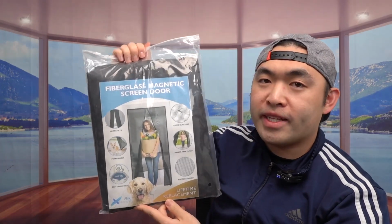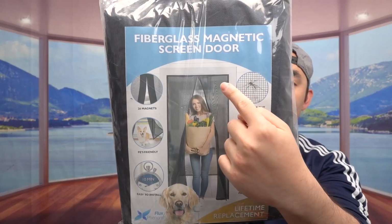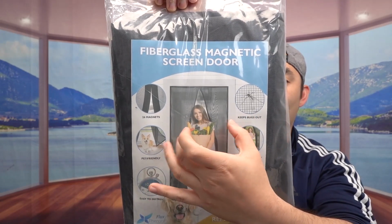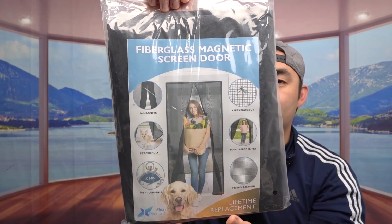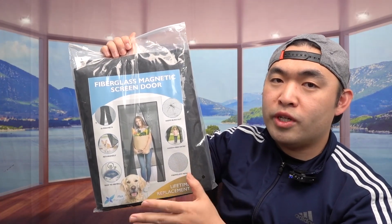So today's episode we have this cool object here, and here's what this is: a fiberglass magnetic screen door. Literally how it works is that once you set it up onto your door, when you open up, it closes up by itself, because it does have a magnet in the middle to actually seal it back together, which is pretty cool. And the benefit of using this is to prevent any bugs from getting in, which is really useful,